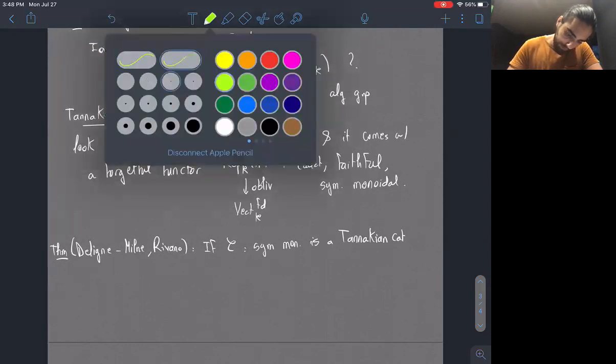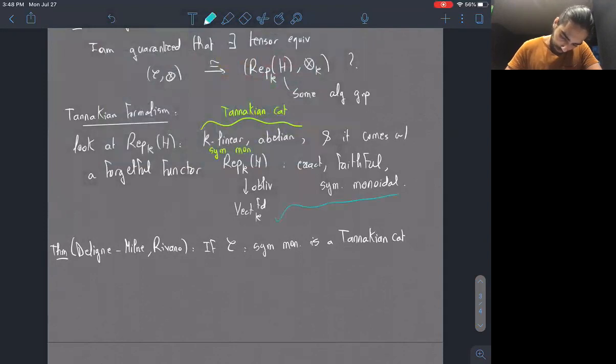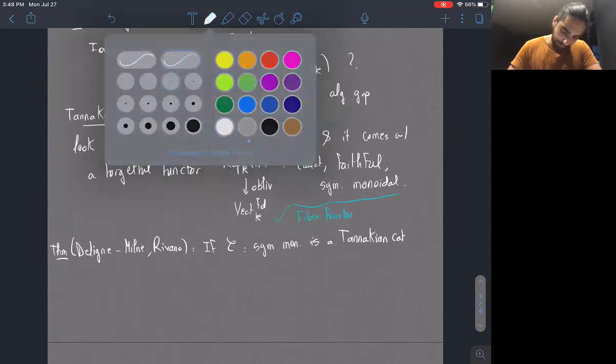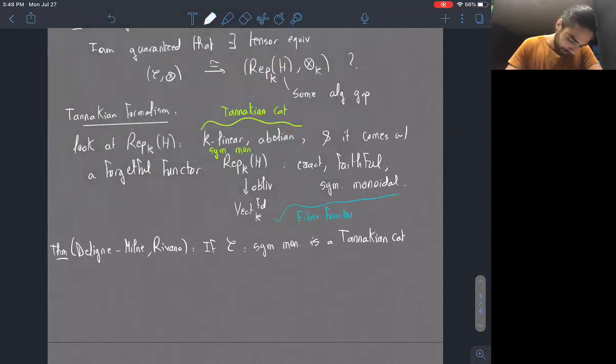And a functor of this form is called a fiber functor. So it says if I have this data on an abstract category C with a fiber functor,